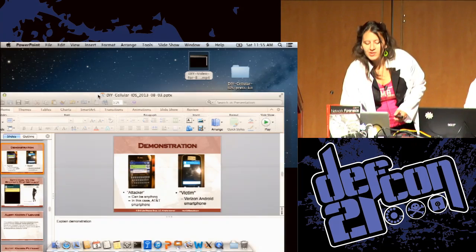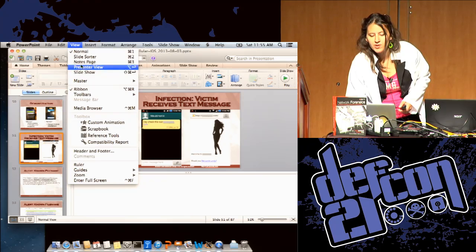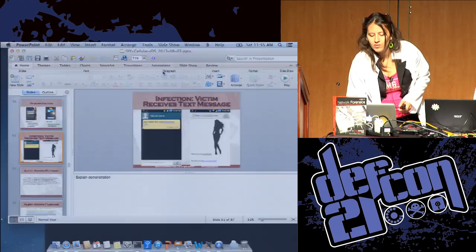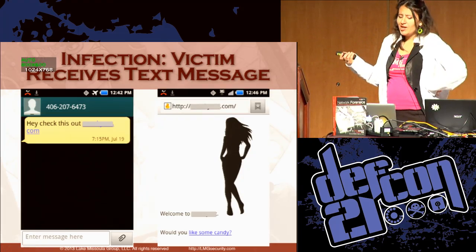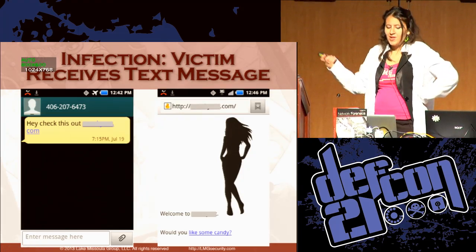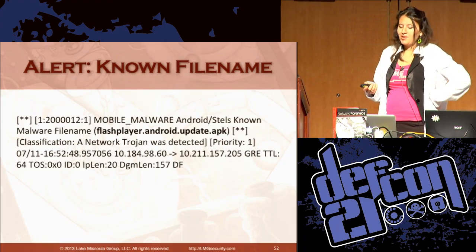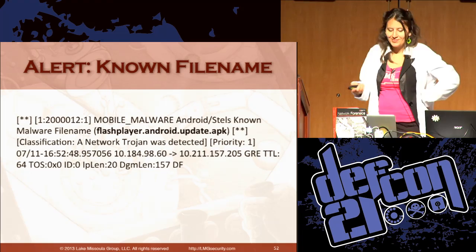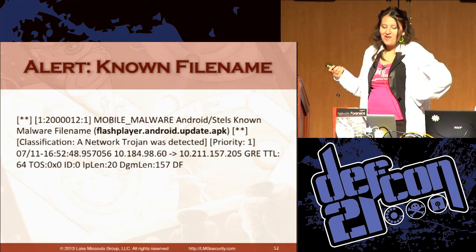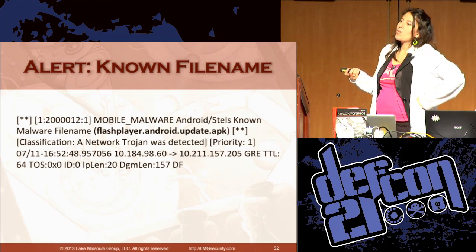Okay, so let's dig into Stells in a little more detail and walk through this a little more slowly. All right. So here you see the text message we sent, hey, check this out, sneakynet.com. And here's, welcome to SneakyNet, would you like some candy? We just saw that. And unfortunately, David clicked on the link, got his phone infected. And we saw this first alert in there. It went by pretty quick. There was an alert on the malware file name,